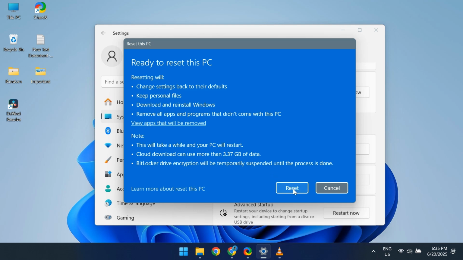If everything looks in order to you, go ahead and click on Reset. It will take 45 to 90 minutes, and the computer will restart several times during the process. So make sure that the computer is connected to a stable power supply and don't interrupt the process at any